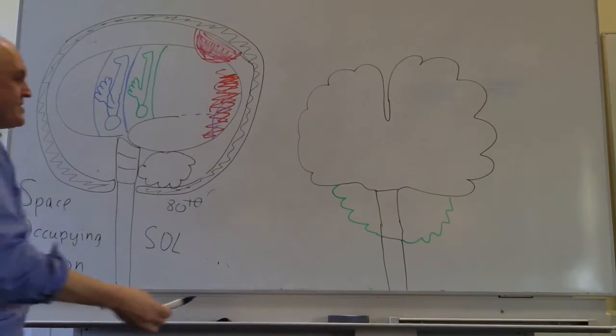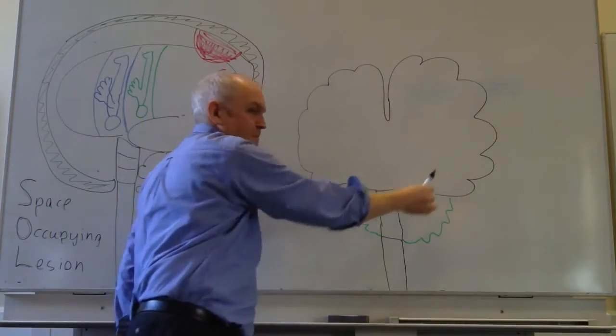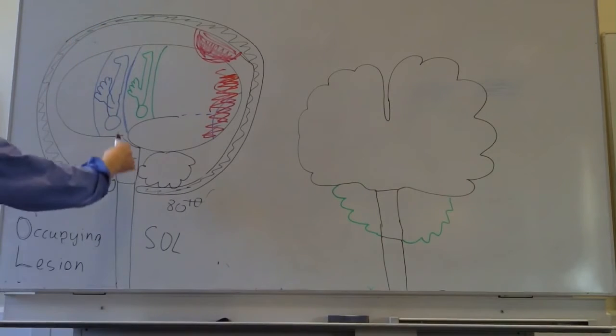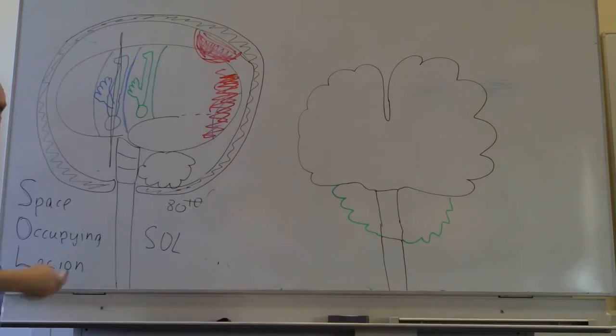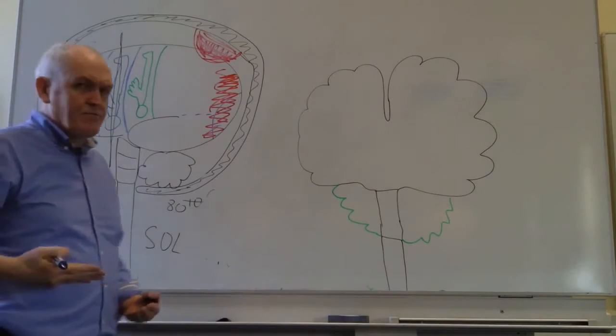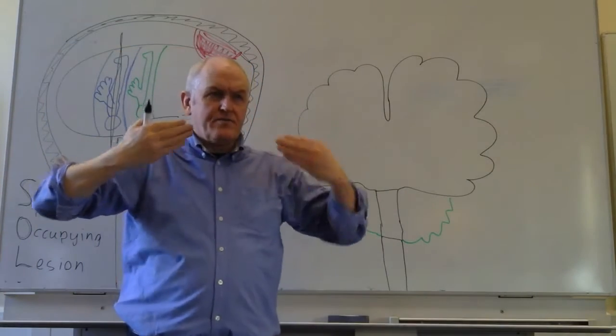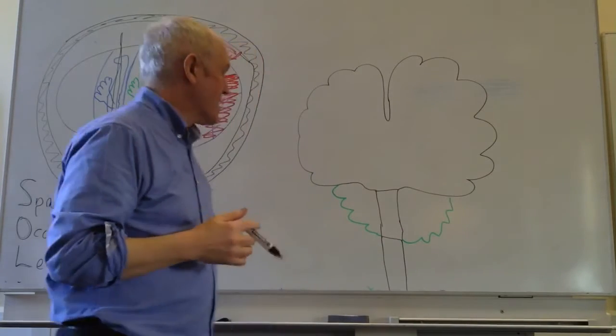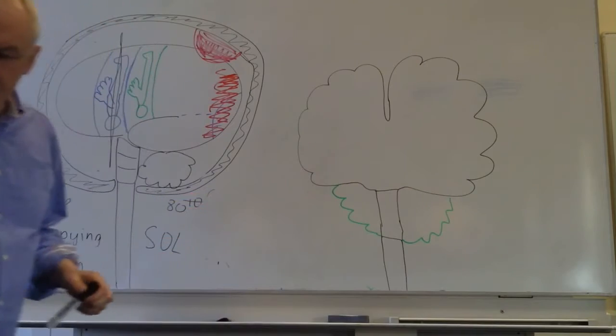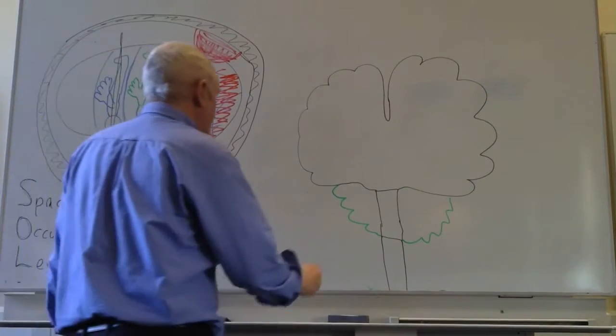Now let's imagine that this is a section here of the brain at the level of the motor cortex. So we've got a big machete and chopped someone's brain like that and looked at it from the front. It's called a coronal section. We've taken a coronal section. Now that means that this area around about here,